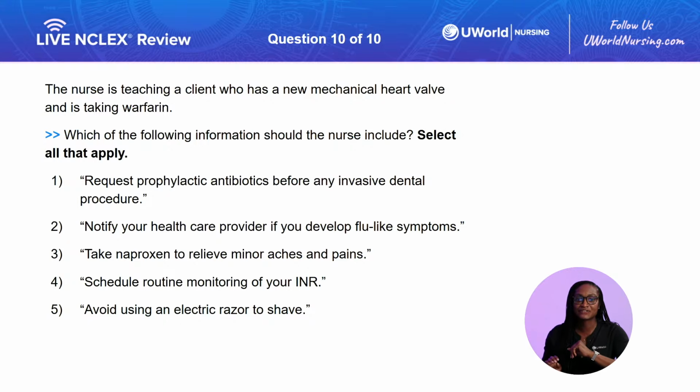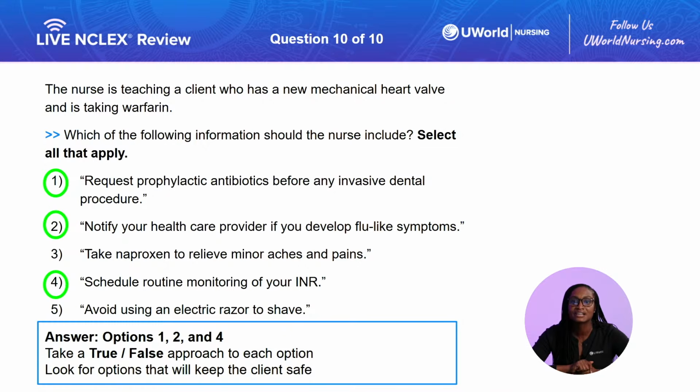So correct answers for this one, oops, wrong page, is options 1, 2, and 4. So we are looking for correct teaching points for a client who has a new mechanical heart valve. So that's one whole ordeal and topic. And then also taking warfarin. So 2 big things that we need to know. Warfarin, that anticoagulant, since they're having an artificial valve in their body, so we need to prevent any clots from forming or any clots from forming on that new valve. And then a new valve in particular, there's a lot of complications that we need to be looking